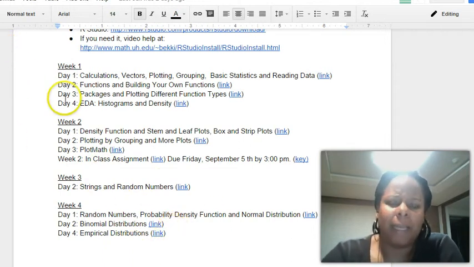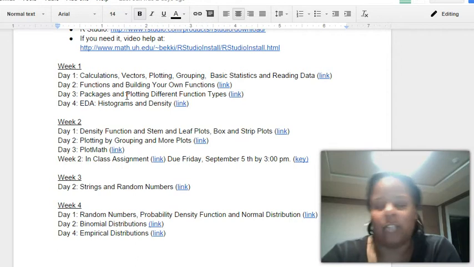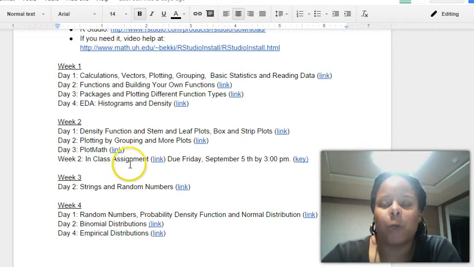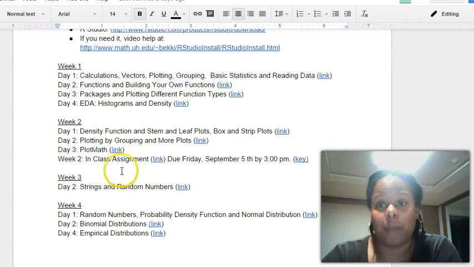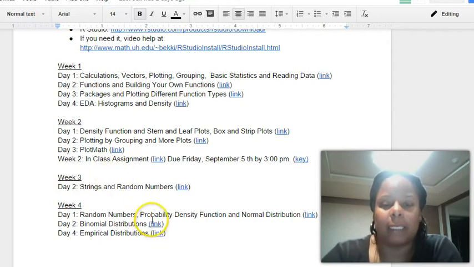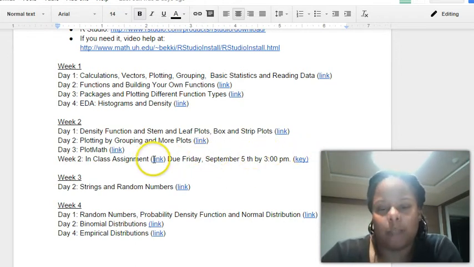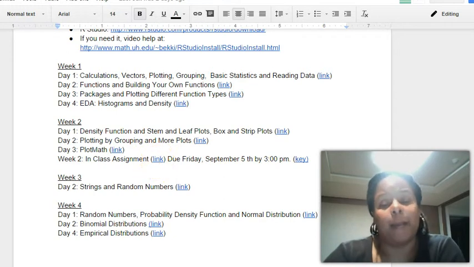So basically they will come to class. I'll show them some things on R. I'll ask them to do some things in R. I'll check to see their work, and then sometimes I'll give them an assignment, and the assignment usually requires them to submit their work via Drop It To Me, which is like an add-on to Dropbox. So basically what it does is it allows them to submit their assignment directly to my Dropbox. And then I can see when they submitted it and what time as well, and then I can grade it and give them feedback on that as well.